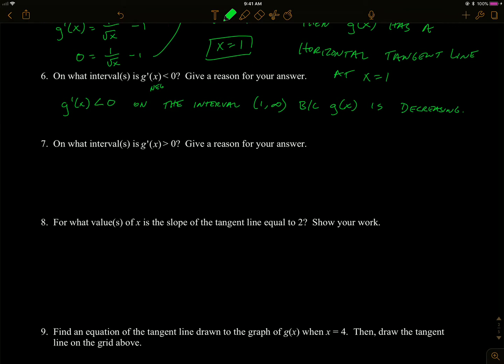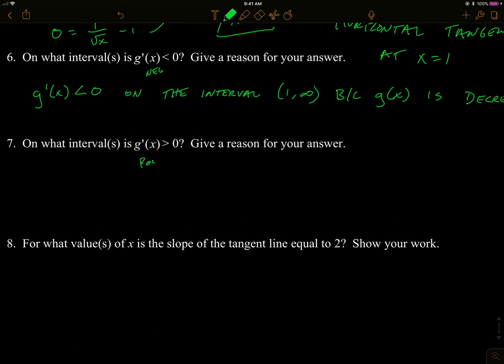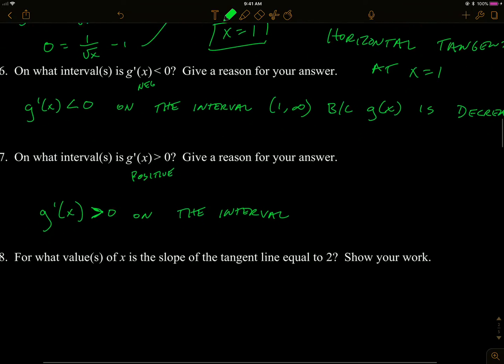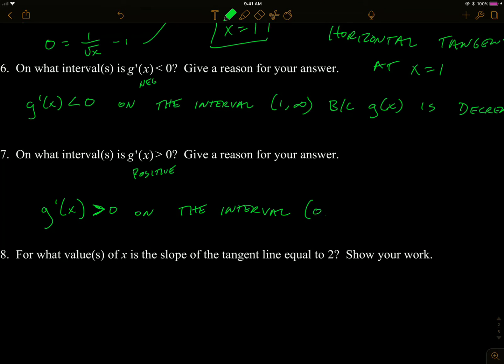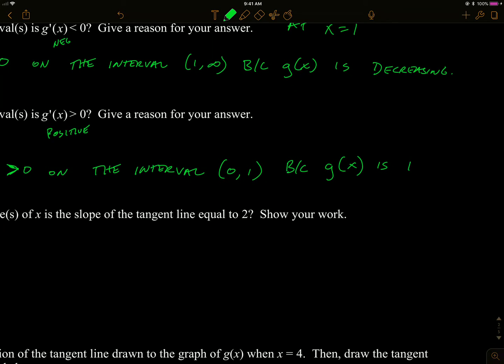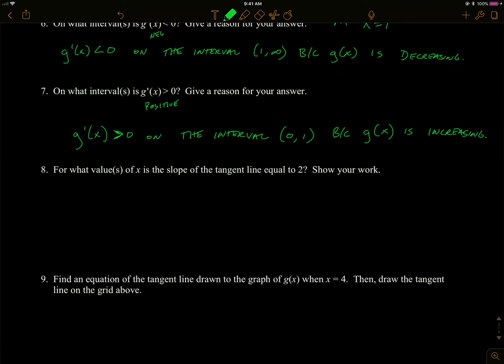On what intervals is g prime of x bigger than 0 or positive? Remember, that means positive. So it's going to be the opposite thing. g prime of x is bigger than 0 on the interval wherever it's increasing. So it's increasing from 0 to 1. So my reasoning is that on the graph, I see that g is increasing, so g prime must be positive